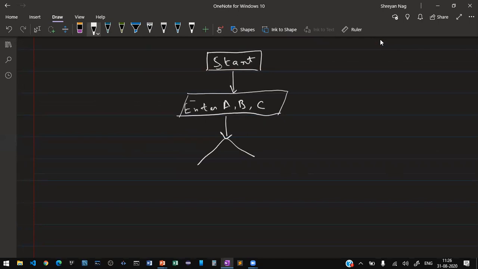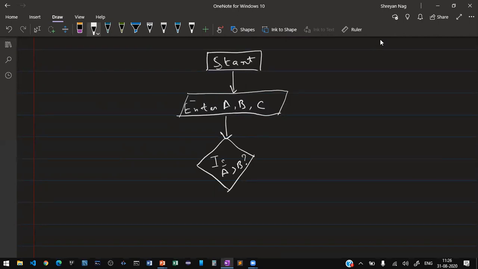Then we use the decision box, shown as a diamond symbol. We write the first condition: is a greater than b? It is a question.